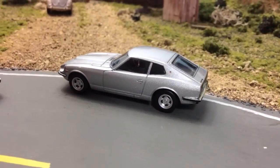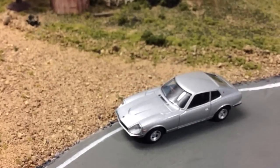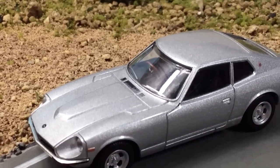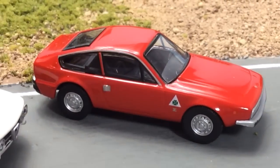Like in the Z, you've got a wood steering wheel. I know my camera's not gonna pick that up. Oh, maybe it will. Kind of a simulated wood steering wheel there. The interior on TLV is definitely more